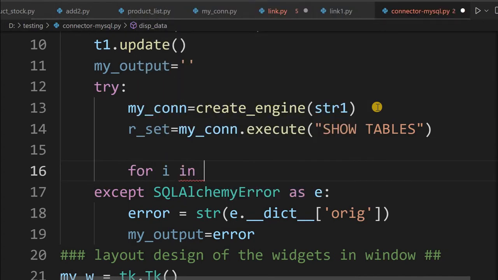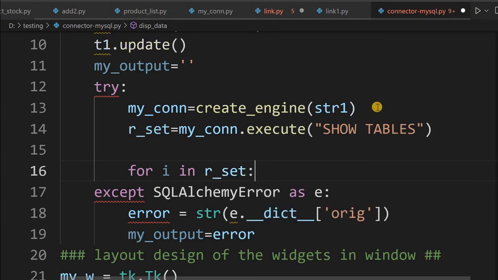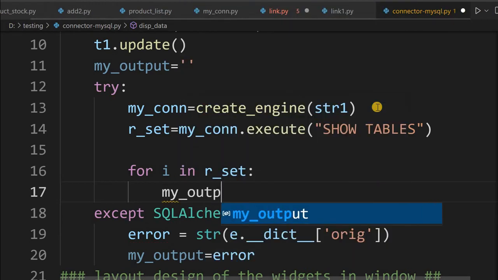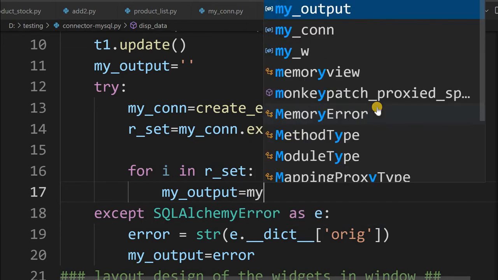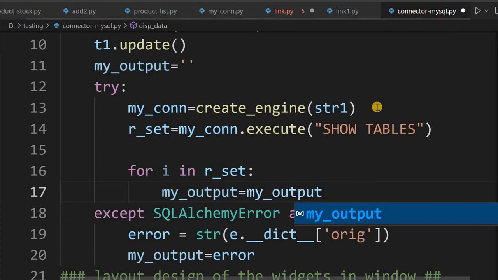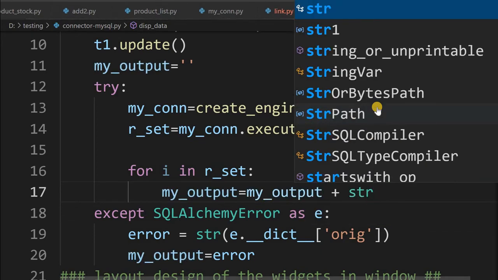For i in record set, I will collect that and connect it to my output. My output is the blank string, which you can see I declared at line number 11. So again my output plus i[0], because the record set is a tuple.